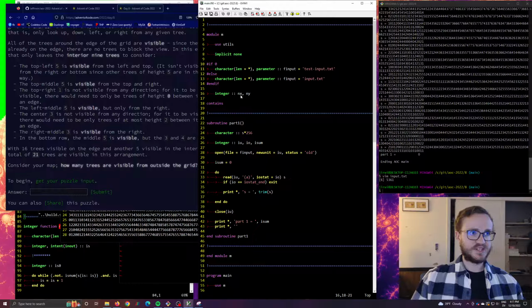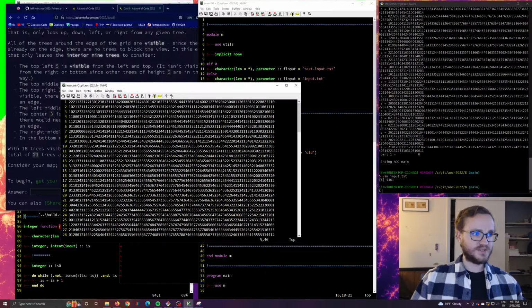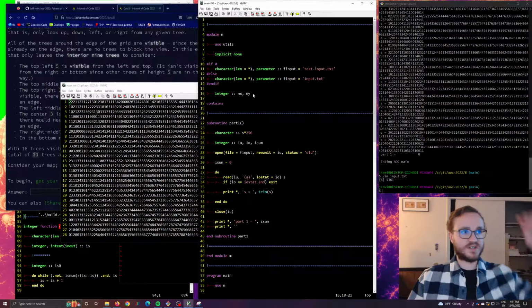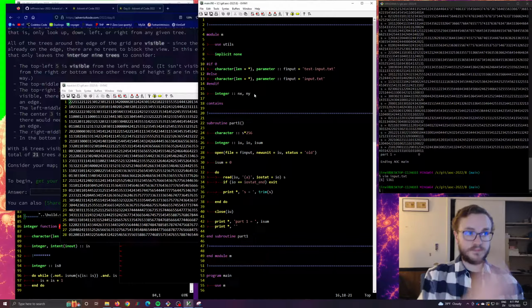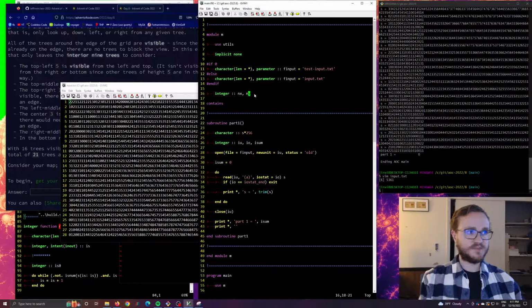So this is going to be the size of the grid in the x and y dimensions. The x dimension is going to be horizontal and y is going to be vertical, as you would expect. I haven't decided. X is going to be positive from left to right. I haven't decided which direction is going to be the positive y direction. I might index it from the top down, or maybe I'll go bottom up. I'm not really sure yet. So we have the size of the grid,